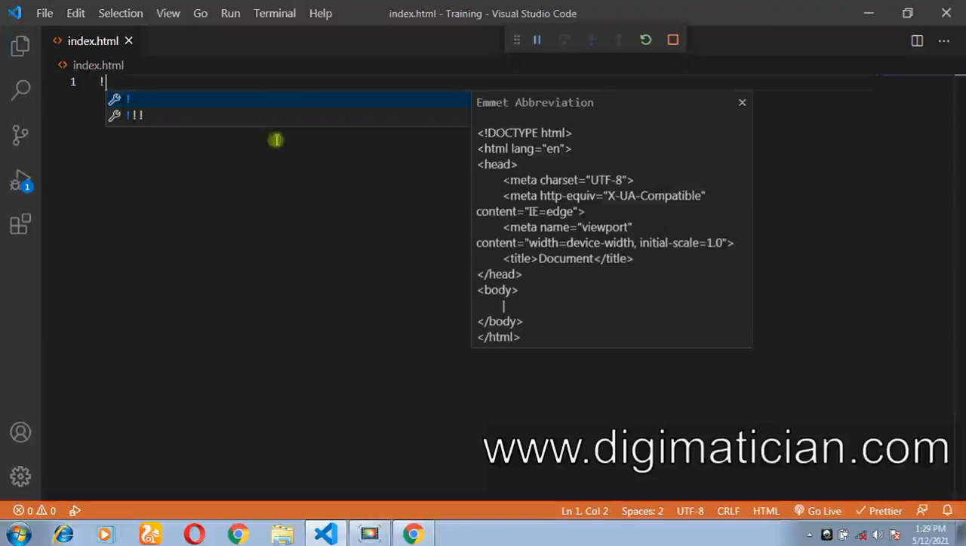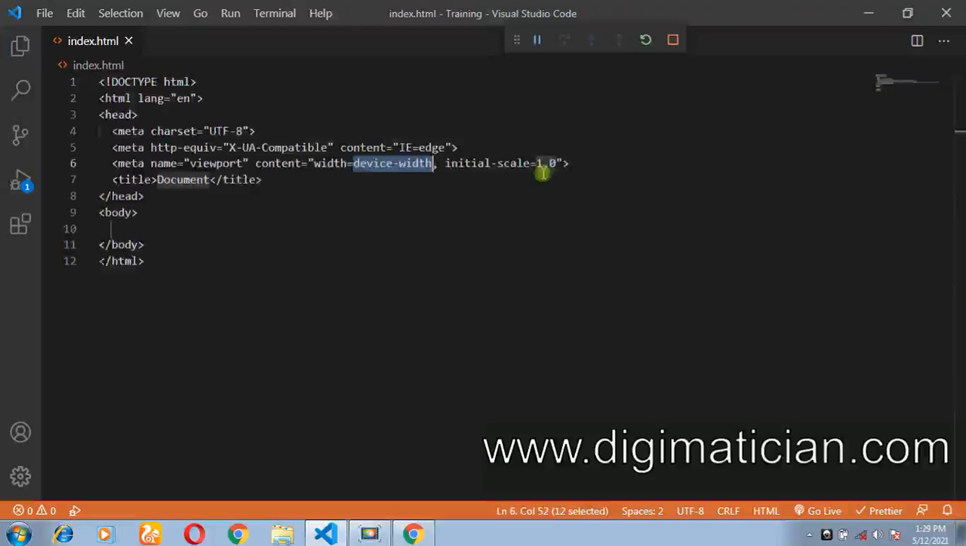When you put an exclamation mark, Visual Studio will automatically suggest this. So just click on the first suggestion that has one exclamation mark. You can see here it is showing you what it is going to give you. The structure will be there already. So I'll click on enter. You can see the doctype HTML. This is HTML, and the language is English. Then within the head,